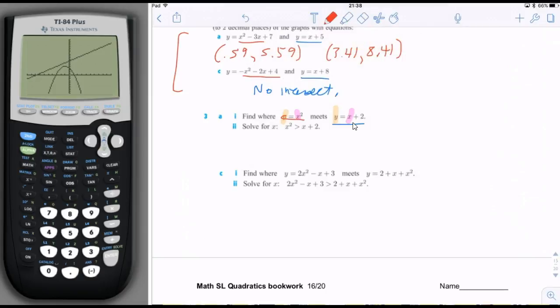So what we're going to do is set the y's equal to each other, so we get x squared equals x plus 2. Then we're going to move everything to the left side with algebra: x squared minus x minus 2 equals 0. And then we're going to factor